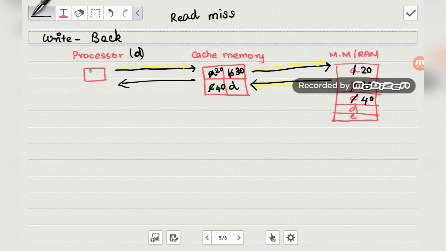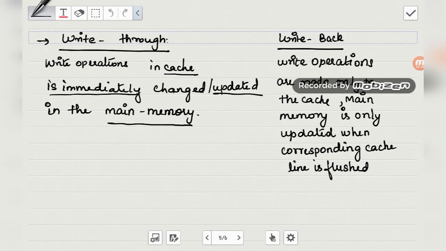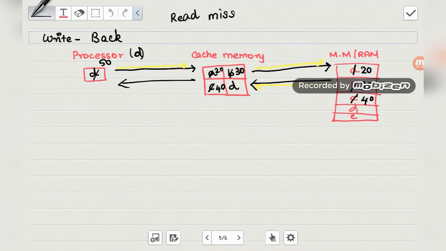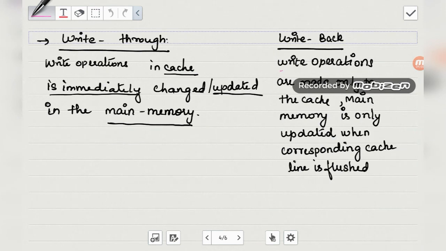Okay, and now D, and then it will write this value as 50. So the write operation is performed on it, and it is written as 50. And what is the definition saying? The definition is clearly saying that the write operations are only to the cache.